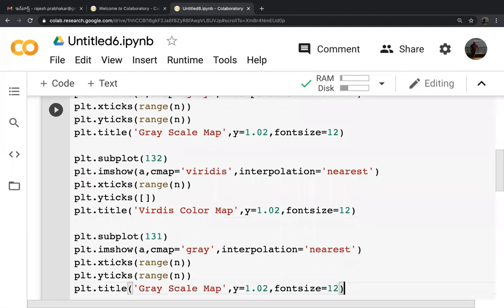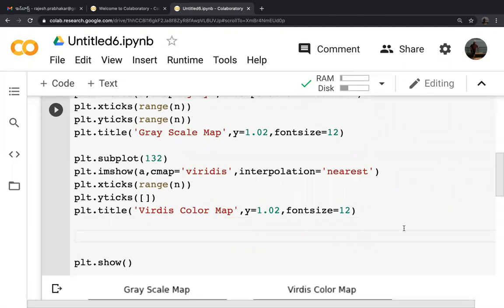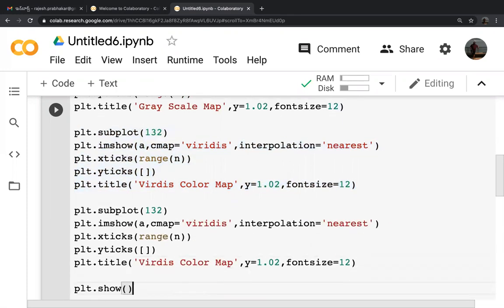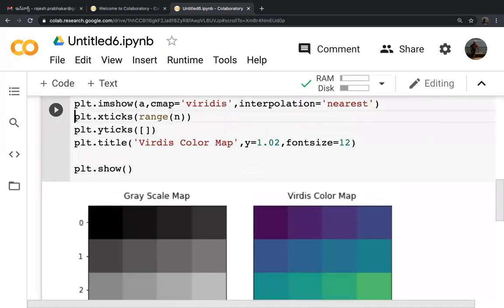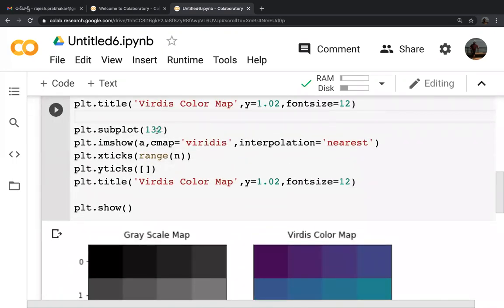Control V. Let me select the second version, Control C, and paste it with Control V. Now we are going to change this to subplot 133. The only change we are going to make is to change the interpolation to bicubic interpolation.